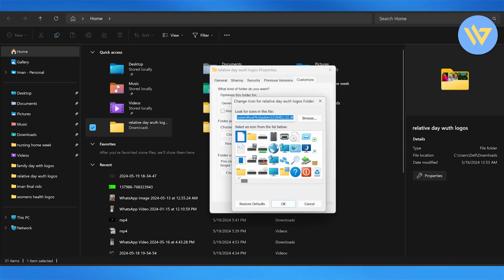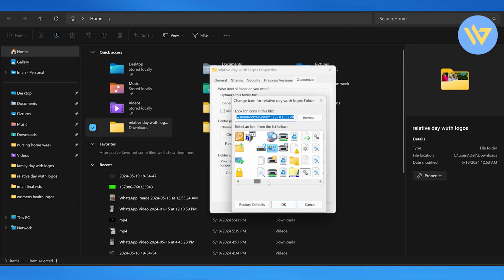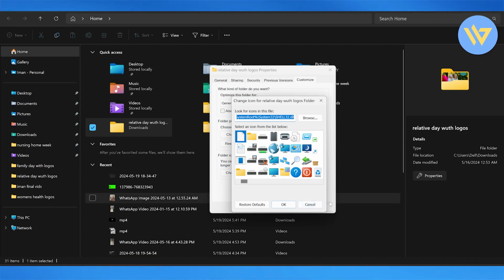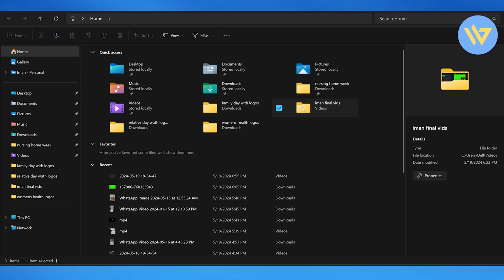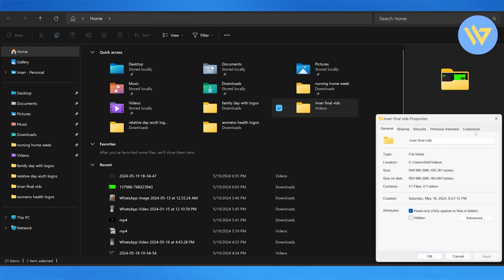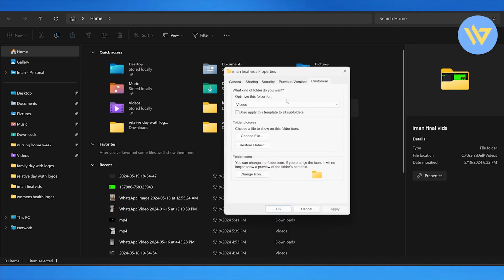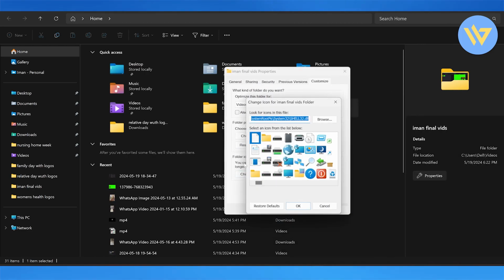Here I'm going to select change icon, where I can change the display and customize all the different icons that I can choose from. This is almost like changing up an emoji basically. Let's just say I want to change not this one, actually I want to work with this one, right? I'm going to right click on it once again, click on properties, head over to the customize section right here, and click on change icon in the folder icons, and I'm going to give this one